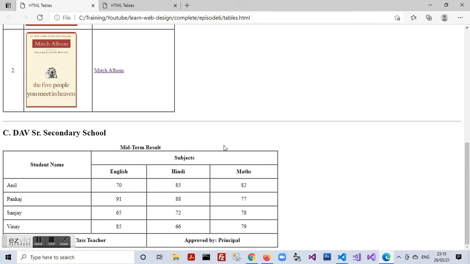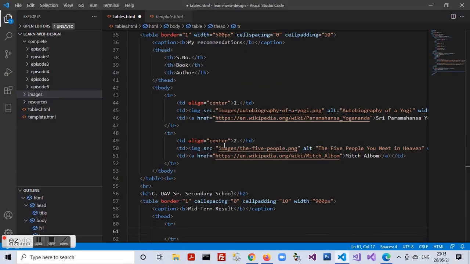So let us see how exactly we are going to go about this. So first of all, the first table heading I am going to take up, that table heading is spanning across 2 rows. The student name table heading is spanning across 2 rows. The one row which is taken up by the subject heading and the second row which is taken up by English, Hindi and Maths subheadings. So I need to give the row span property here to be 2. So between the first TH element, I give a row span property equal to 2.